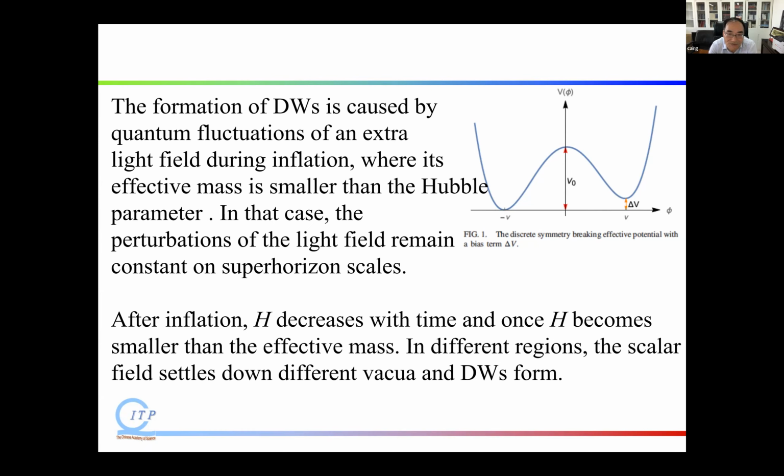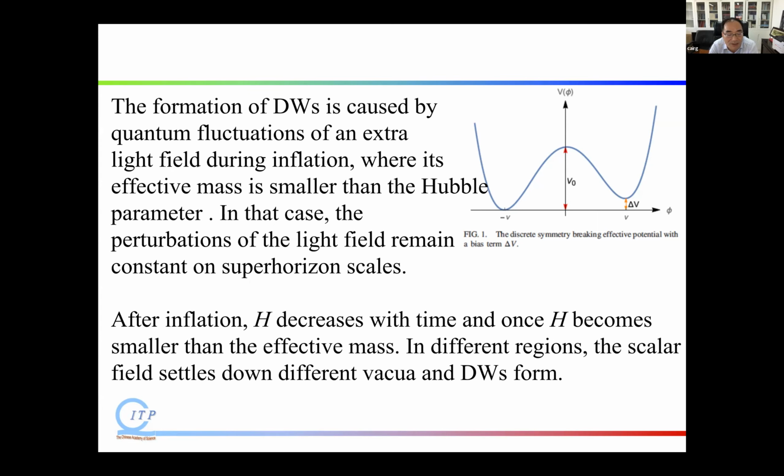This field is a lighter one, not driving the expansion of the universe, it is not the inflaton. Here, the effective mass of the light field is smaller than the Hubble parameter. In that case, the perturbations of the light field remain constant on super horizon scales. This is very important. After inflation, because the Hubble constant decreases with time, once H becomes smaller than